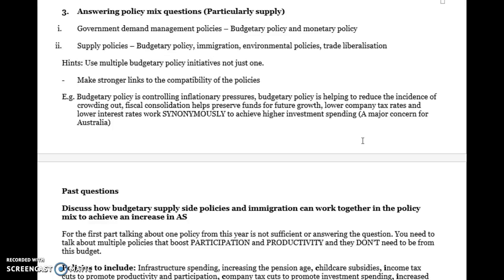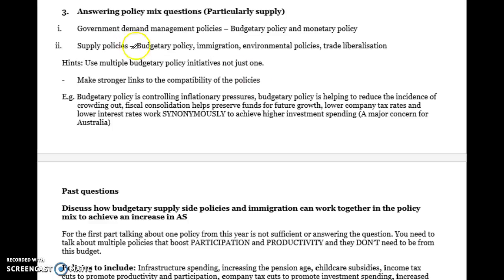So in a trough, for example, there would be tax cuts and welfare spending and all that kind of stuff. And monetary policy would be expansionary to try to get us out of the trough, and vice versa with the peak. Don't ignore discretionary policies. I've seen a lot of answers that have talked about, in that 2015 exam, what would happen if unemployment increased. And everyone's talking about the automatic stabilisers. Also talk about what the government would do deliberately to try and promote growth.